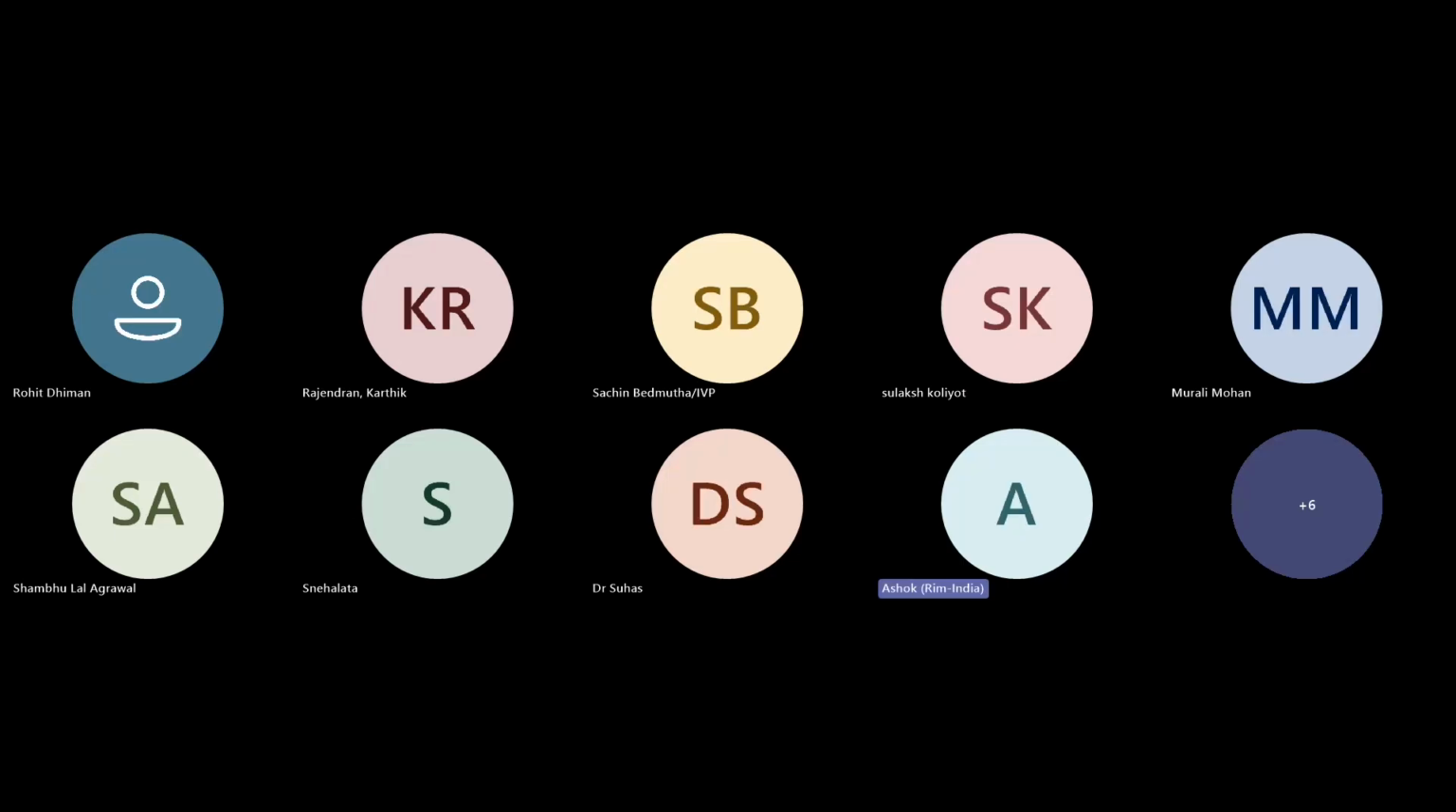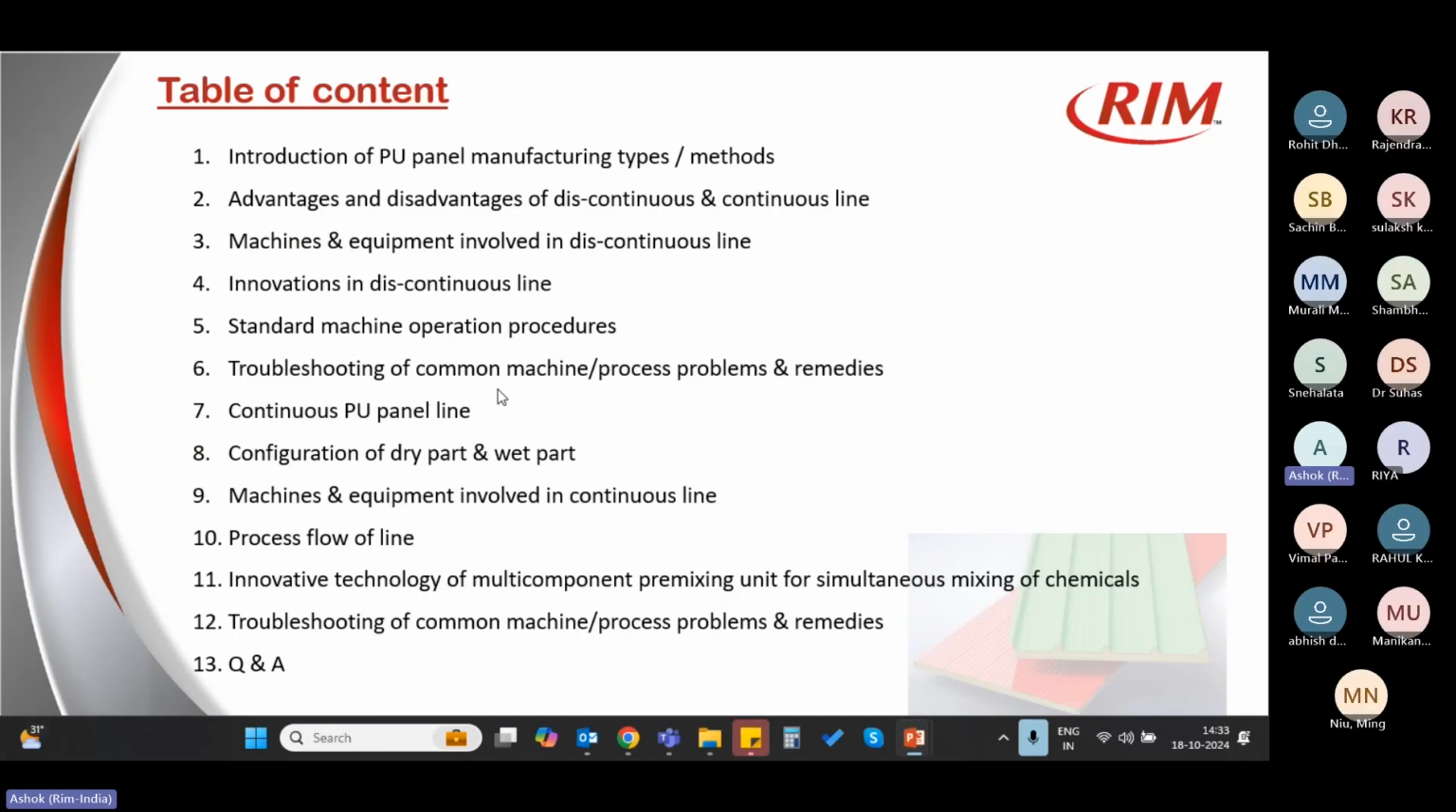Procedures, particularly for discontinuous. Then some troubleshooting of common machines and process problems and remedies. From number 7, we will cover the continuous PU panel line: configuration of dry part and wet part, machines and equipment involved in the continuous line, process flow of this continuous line, and then some innovative technologies in